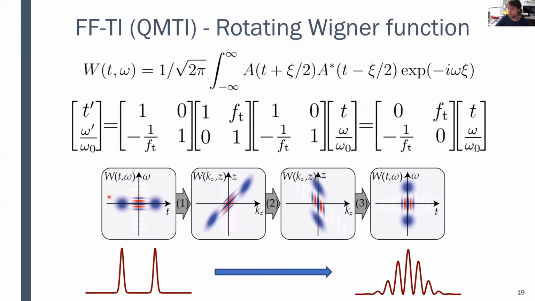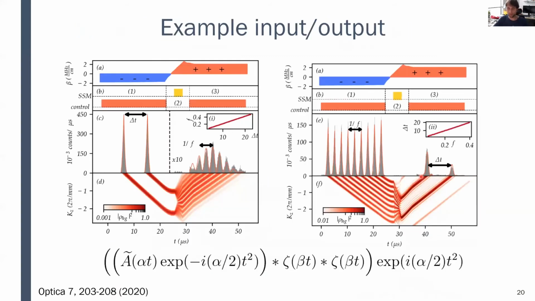For example, for those pulses, we can calculate this chronocyclic Wigner function, and it looks like the cat state from quantum optics, and subsequent transformations will lead to rotations in the T omega space, which is mapped in the atomic ensemble into K-Z space of spin waves. And we can make the full rotation, which in fact makes a Fourier transform and allows us to observe the spectrum. And in our experiment, we've been able to really observe the operation of this Fourier transform. We can put two pulses and get a train, or start with a train and get the two pulses back.